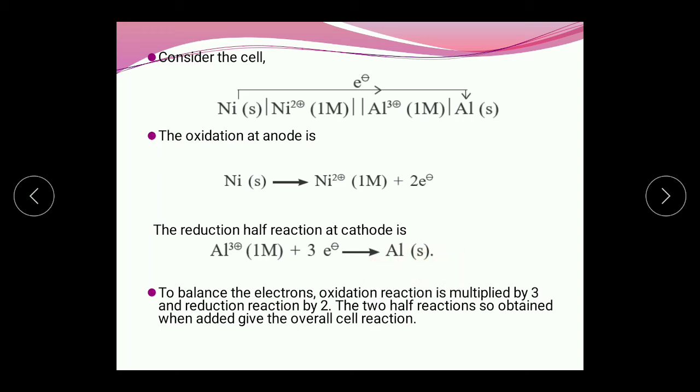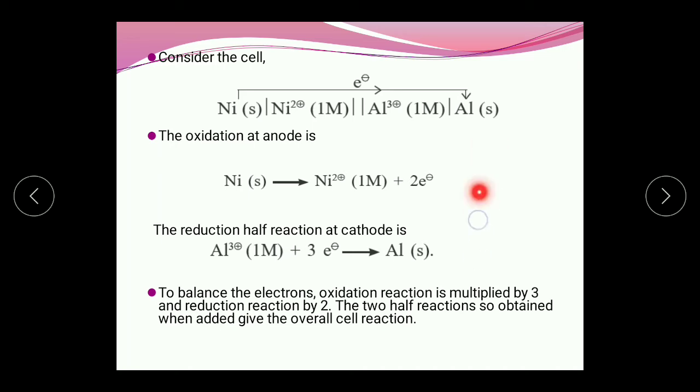But now we have to add these two reactions to get the overall cell reaction. And what is our condition to write an overall cell reaction? The electrons should not appear in the overall cell reaction. But now if you see here, there are 2 electrons releasing and aluminum is accepting 3 electrons. Then when we add both the reactions, what will happen? 3 electrons will be there on the left side and 2 electrons on the right side. But we have to balance, and for balancing, as I told you, you can multiply the total reaction by any numerical factor, so as to balance the number of electrons.